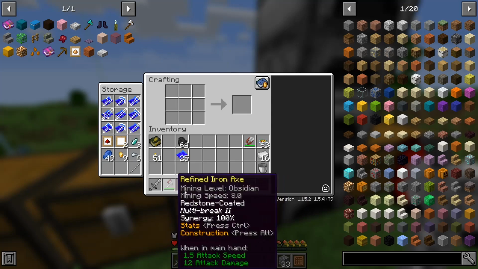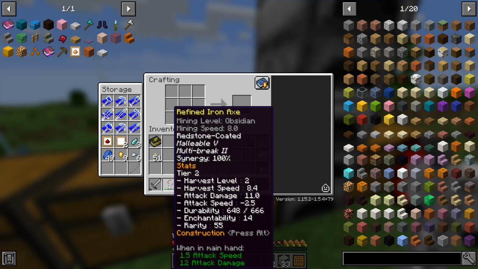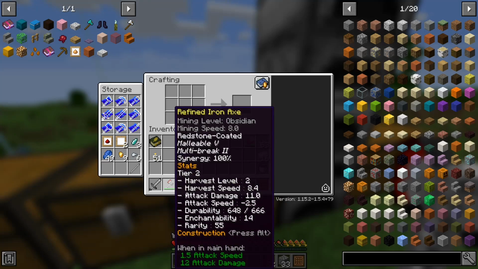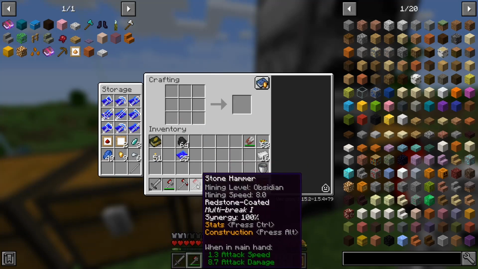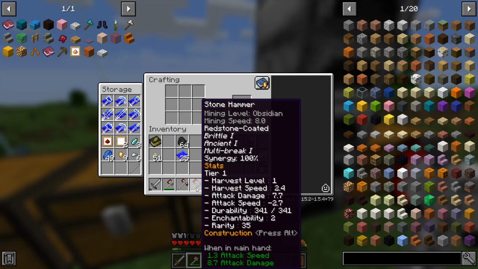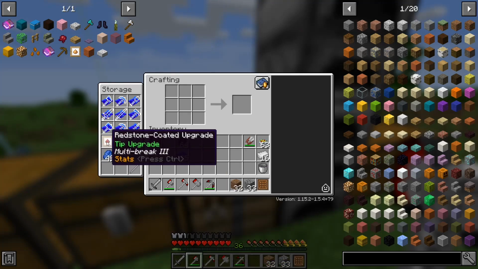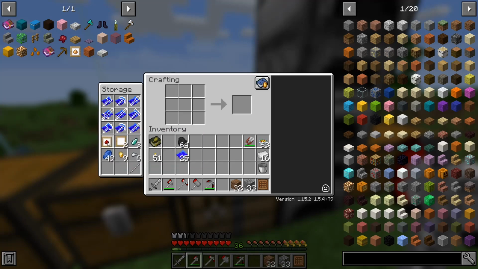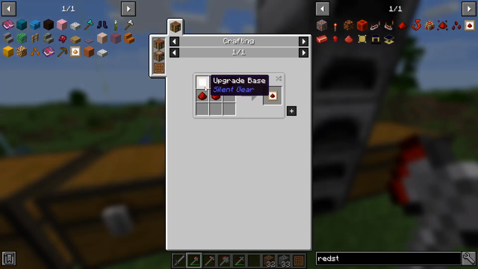it gives them, let's have a look at, where is it? The axe. Go to there. See, that's a very bad durability, that one, I'm thinking, because that's, yeah, I don't like that durability as it is, so we'll have to change that possibly. Now the hammer has got a tiny durability because it's still stone, but what I have done, I put a redstone coated upgrade, and if we go redstone there, and it's just one of the blank upgrade bases and redstone,